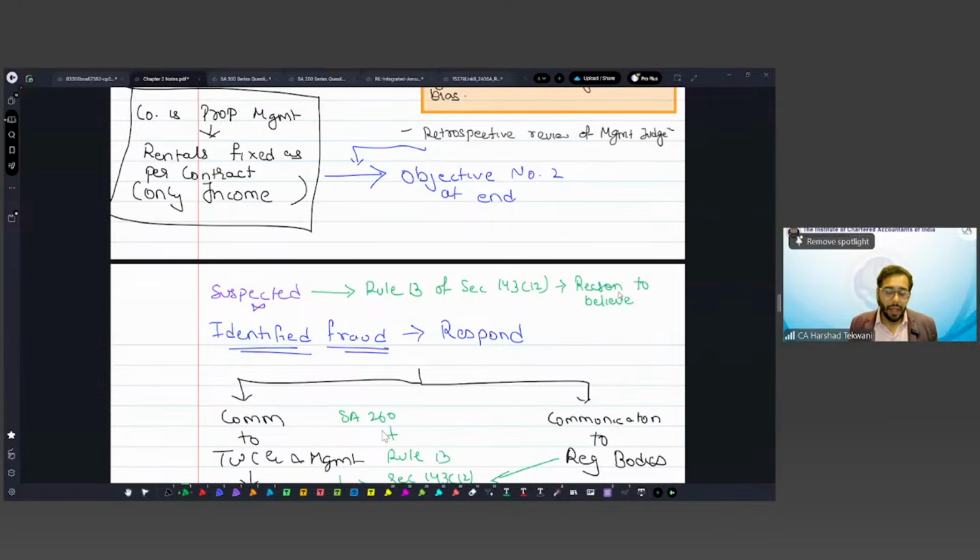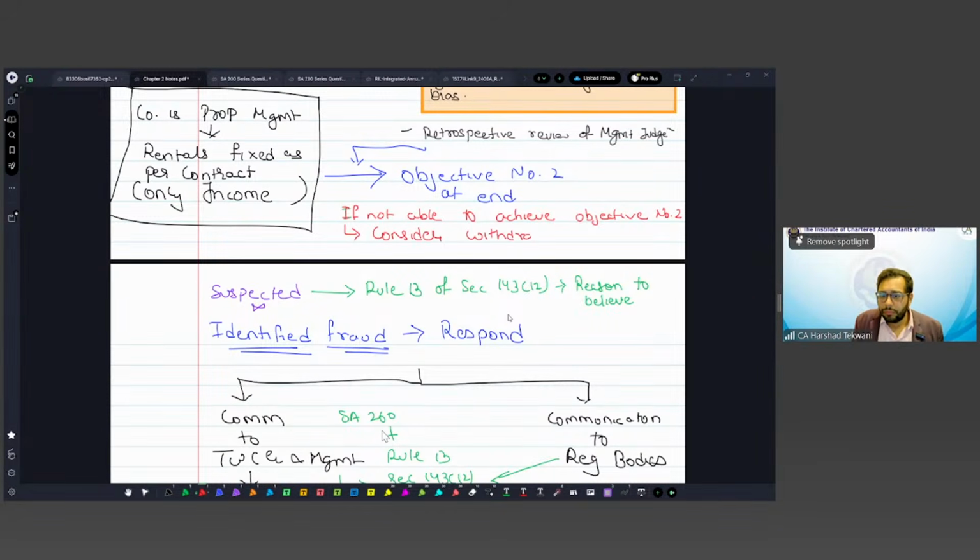So objective number 2 at the end, but I will write it down here. If not able to achieve, and when you will be not able to achieve, you are not having sufficient and appropriate audit evidence. Either management is not ready to provide you the data, or you are not able to get the data, or you are not able to test because of incomplete data, or management is creating hurdles, something like that. If you are not able to achieve objective 2, the only option is